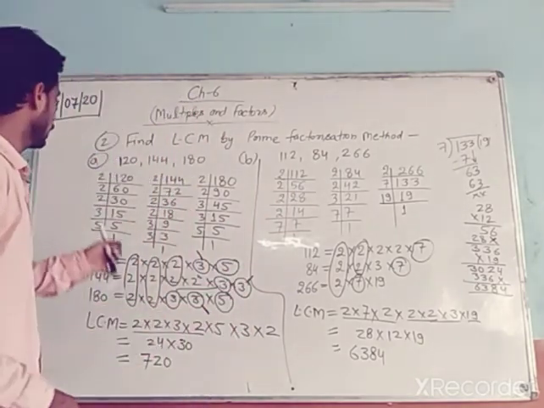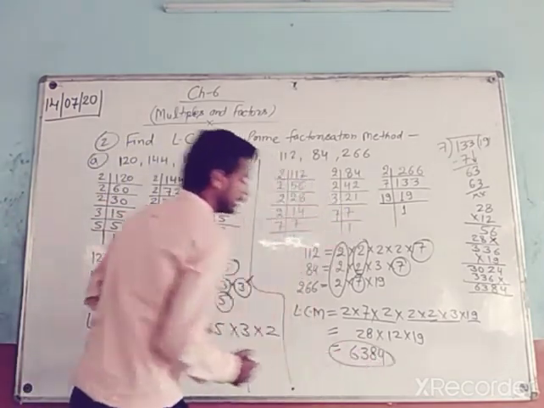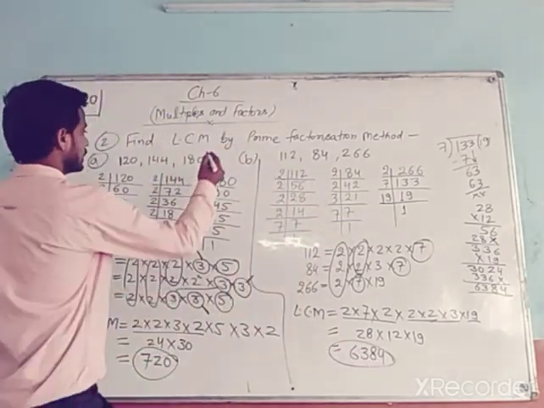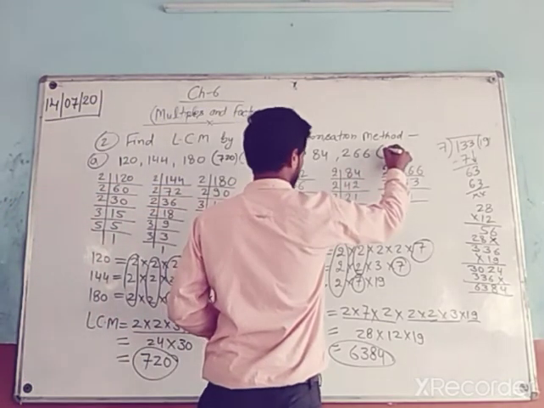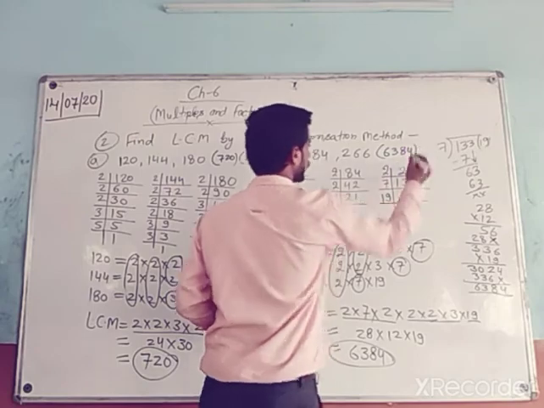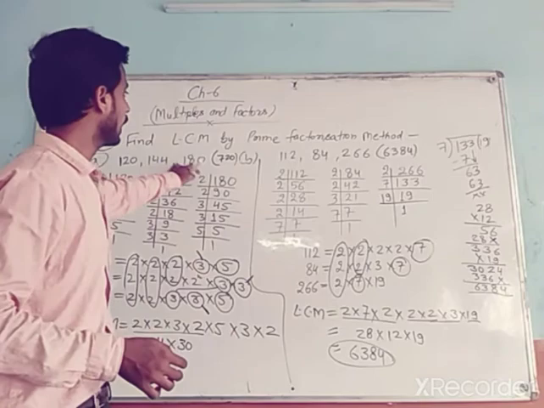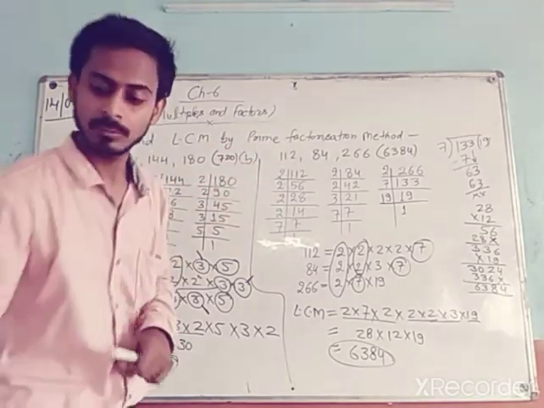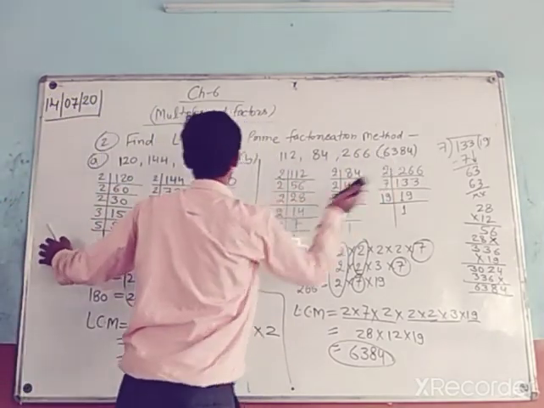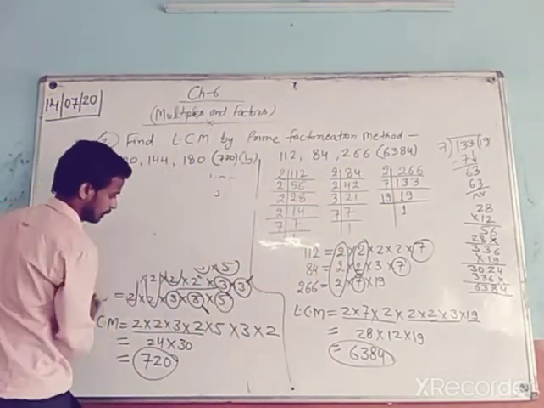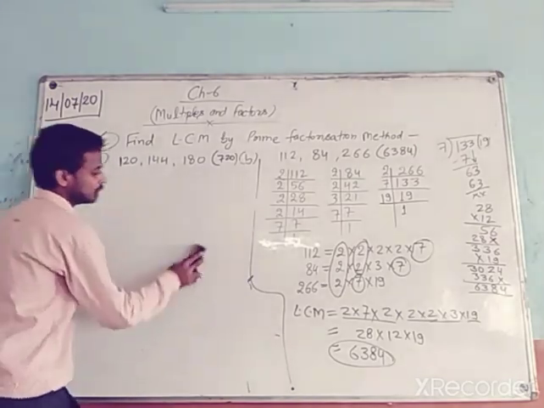Okay. Now remember these numbers, 720 and 6384. Okay. The LCM is 720 and 6384. Now I'm going to solve this question by the division method. Okay. Now you know the answer is 720 and 6384. According to the division method,